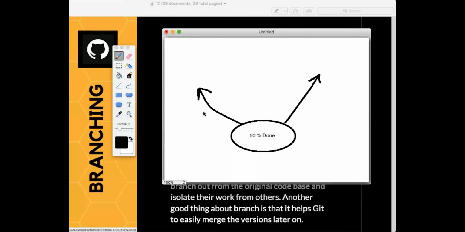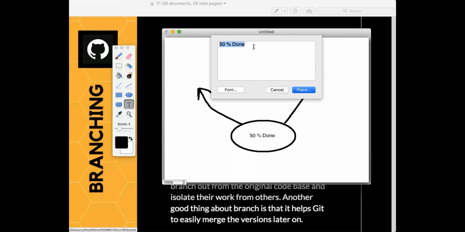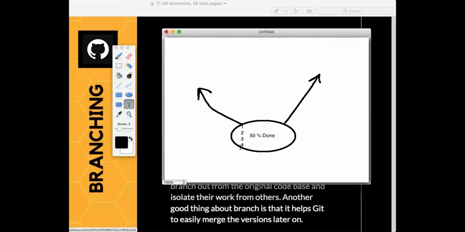Now, to make it simpler, imagine there are files called ABC, or imagine one, two, three, four. 4 files are there. I mean, your 50% is 4 files, right? Now, you want to fix the bugs here, right? Where are the bugs present? In my 1, 2, 3, 4 files, right? Now, what you'll do is, whenever I create a branch,